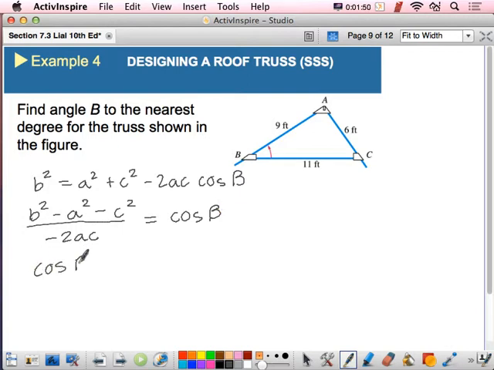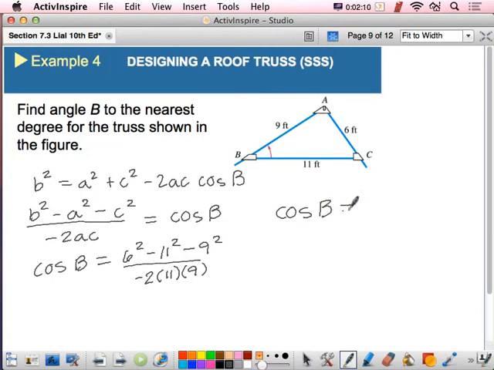Cosine of B has to equal 6 squared minus 11 squared minus 9 squared, all divided by negative 2 times 11 times 9. Okay, so that came out to 0.8383, and so on. And we inverse cosine that, and we get 33.0301516